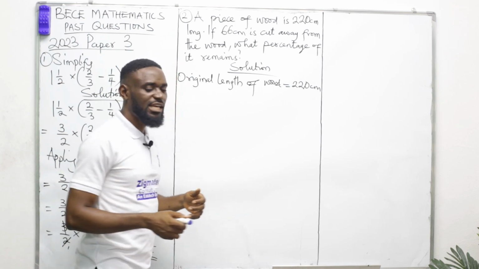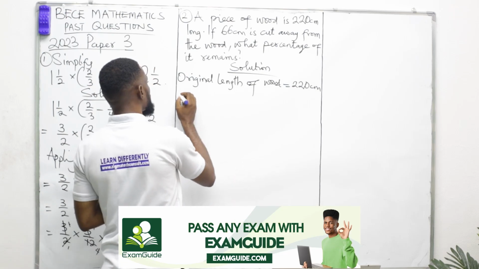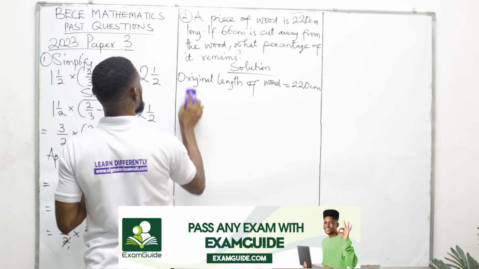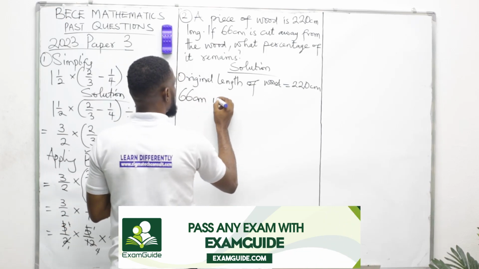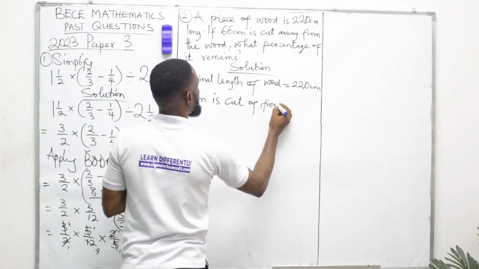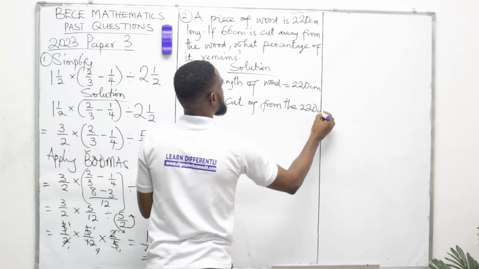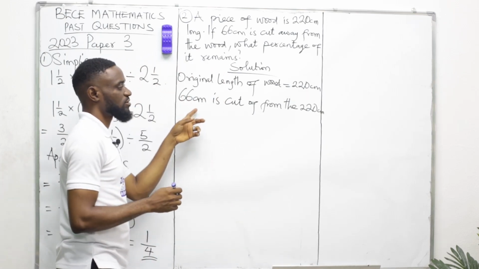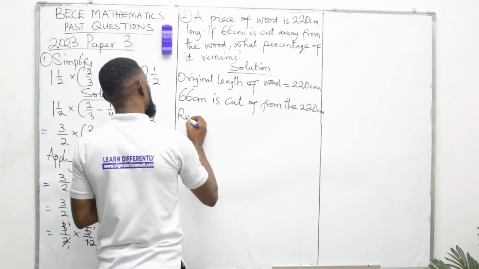So let's find the one that remains. So when 66 cm is cut off from the 220 cm wood, the remaining wood now,